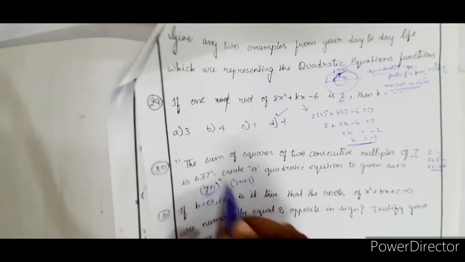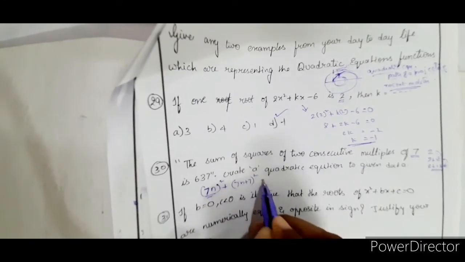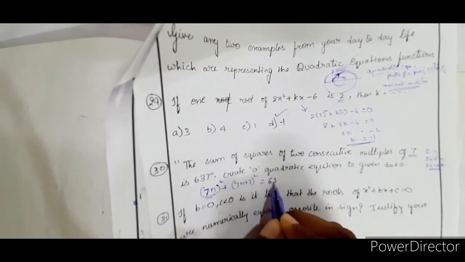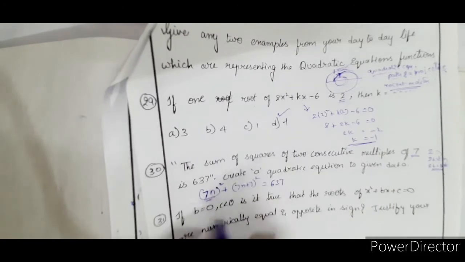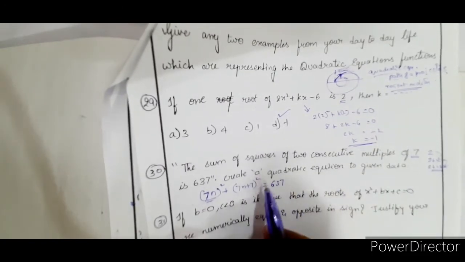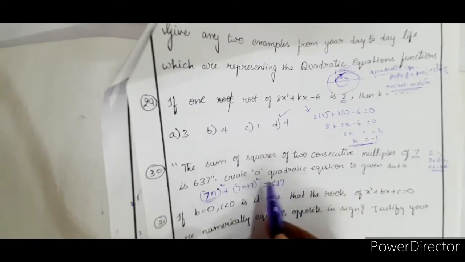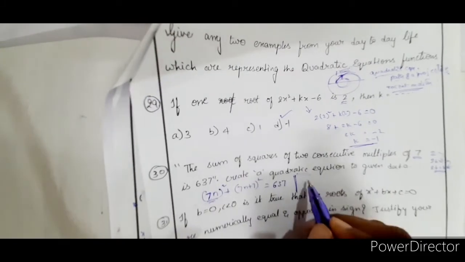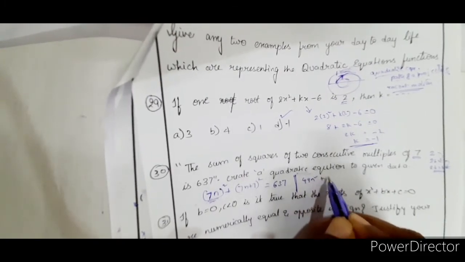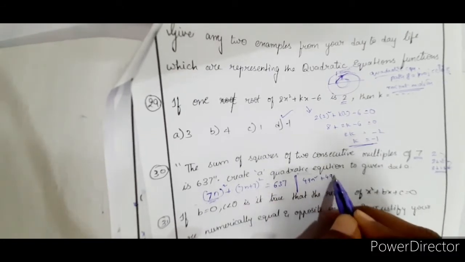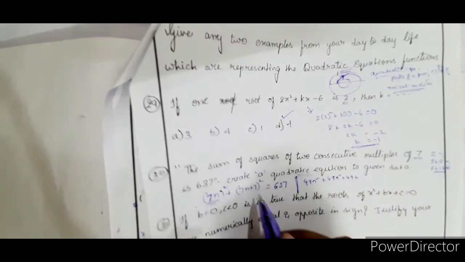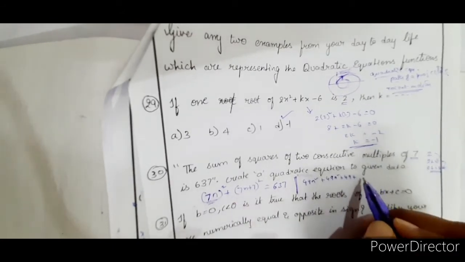Right? So whole square plus, is equal to, right, the sum of the squares of the multiples is 637. This is the question given. So what is it that they are asking? They are not asking us to find out n value or any number. They are only asking to create a quadratic equation for the given data. So now let us simplify this one. 49n square plus, now a plus b whole square formula, 49n square plus 49 plus 49 into 2, 7 7s are 49, 49 into 2, 2 9s are 18, 2 4s are 8, 98.